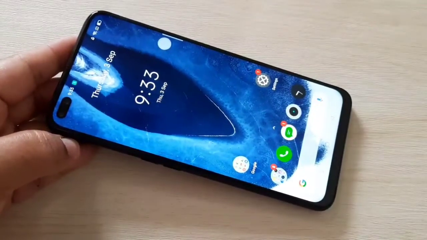So today in this video I am going to show you how to customize your ringtone in this Realme 6